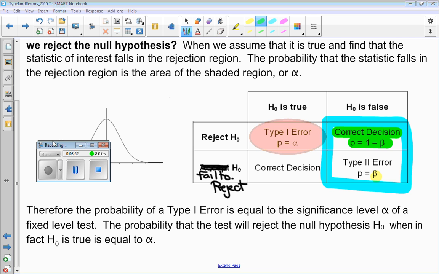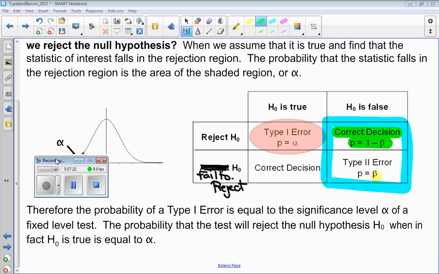Yes? If we were ever asked the probability of failing to reject something that's true, would that be 1 minus alpha? No, that's a good question. Let me think about that. That's actually a really good question. You know, hang on. Well,